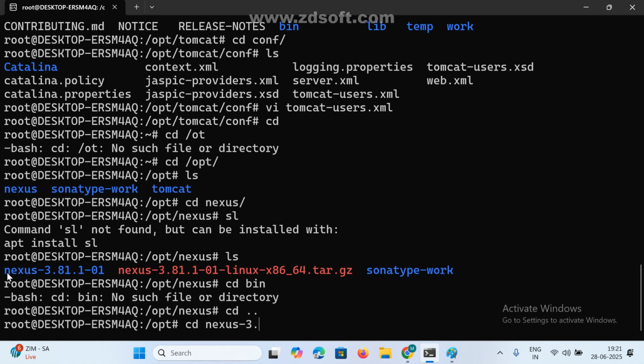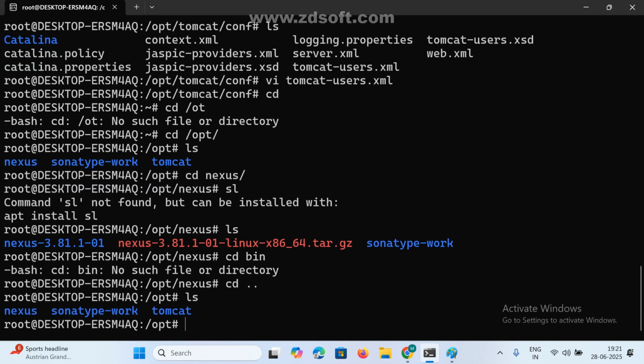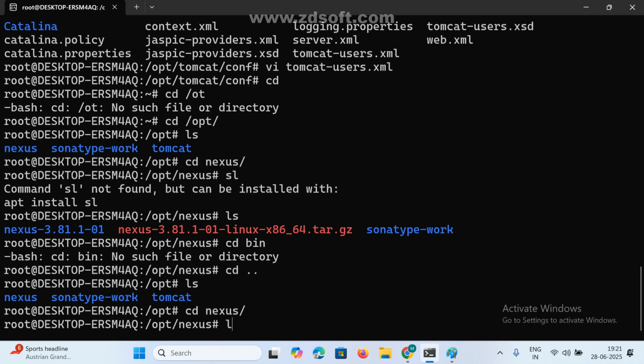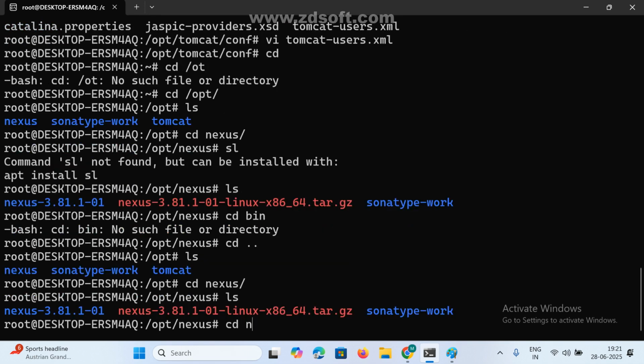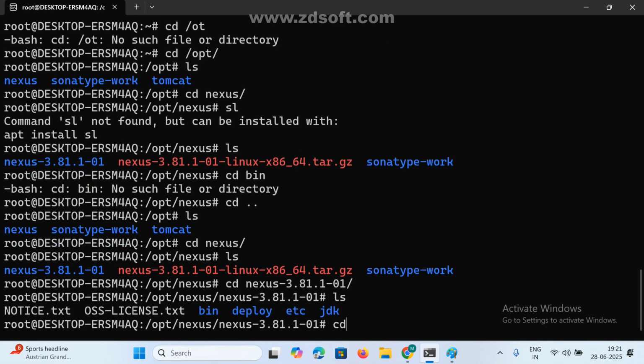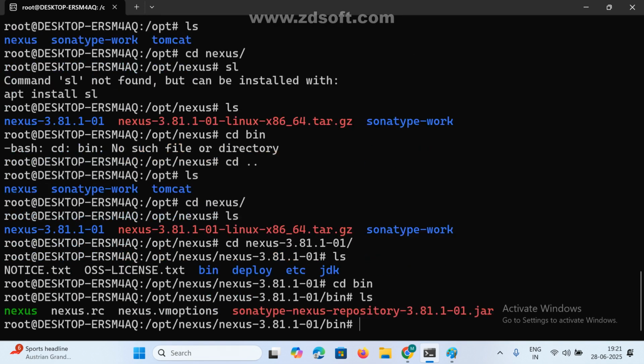Where is it? We are in opt. Okay, you are in opt, right? We need to go one more directory. Sorry, cd space nexus, under that cd space nex, it will come like this. cd space bin, ls. Now cat space nexus